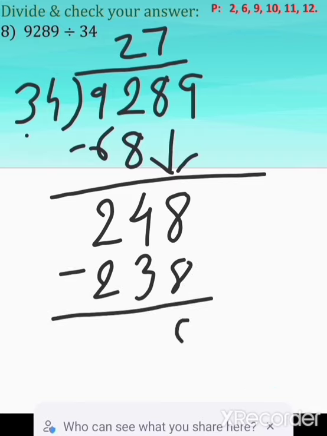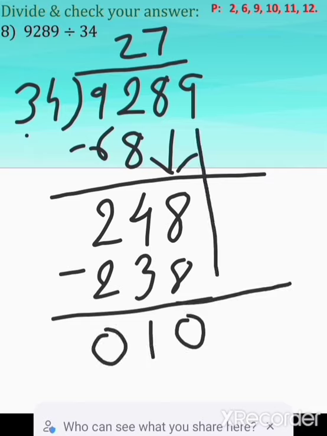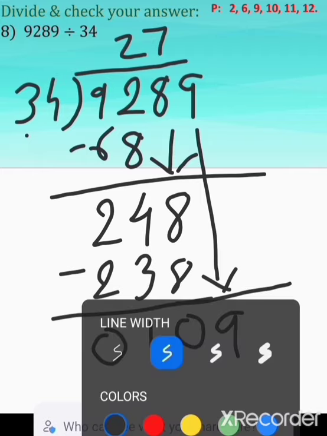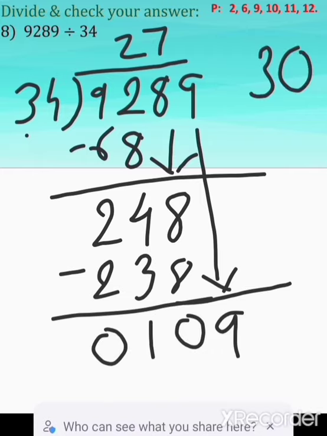Let's do the subtraction. 8 minus 8, 0. 4 minus 3, 1. 2 minus 2, 0. And my next number is 9, which I'm going to copy. 109 is my number. Again I will see 3 4s are 12, which is around 120, which will be more than 109. I hope you all are getting what I'm doing. I'm just checking this. See, instead of 34 I'm keeping in my mind 30. So I'm just reading the table of 3 and I'm guessing which number I'm going to get. If I multiply 30 by 4, it means 3 4s are 12, and I'll just put 0 after that. My number is 120, which is more than 109.